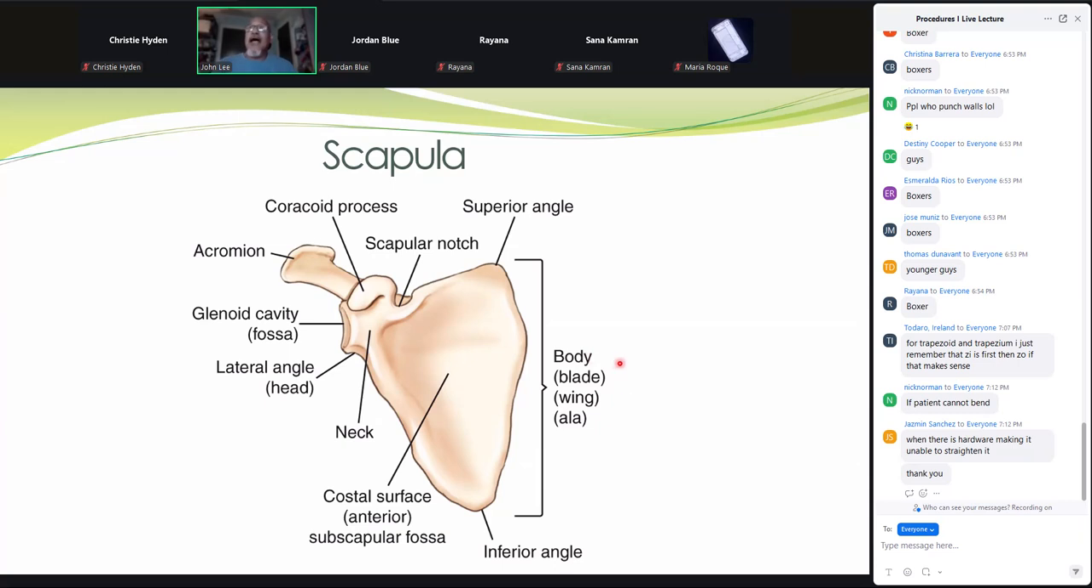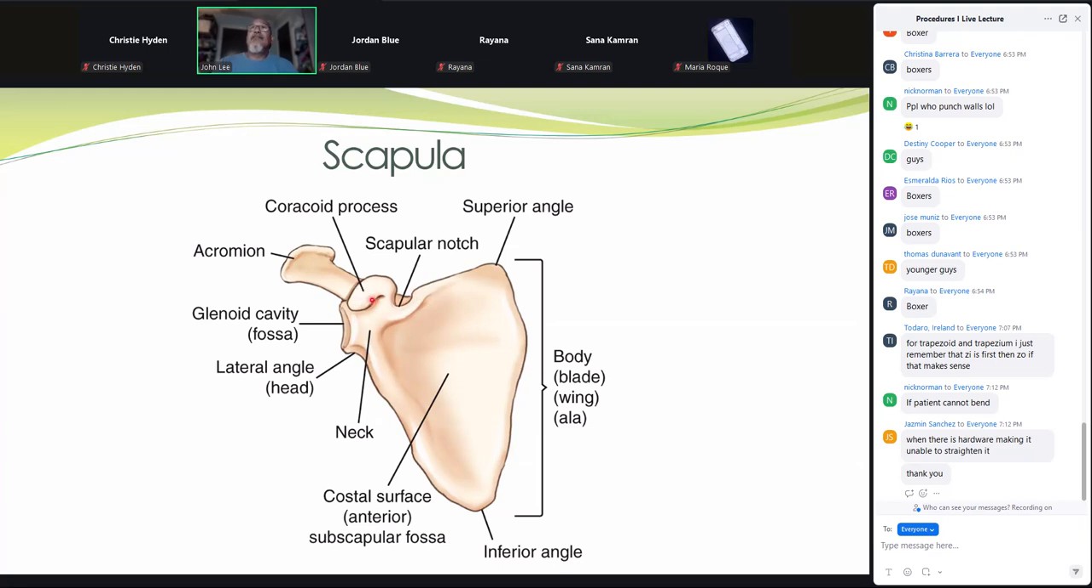The body is also known as the blade, the wing, and like the pelvis, the ala. The scapula does have a neck, which sits behind the glenoid cavity or fossa. The lateral angle makes up the head, which sits distal to the neck, and the subscapular notch